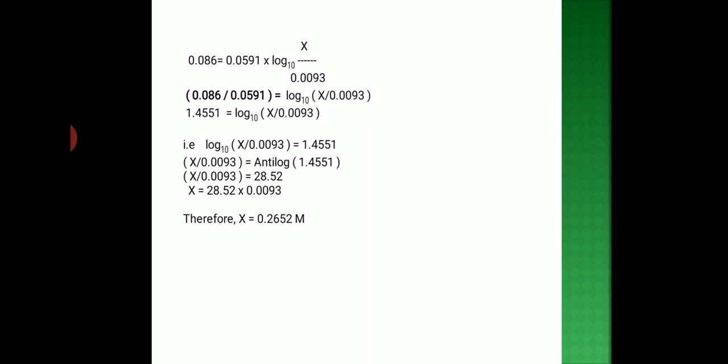Then we'll move towards problem number 6, which is once again a similar type of problem. Now problem number 6, what it says: the cell potential of the concentration cell Cu bar CuSO4 (0.005 mole) double bar CuSO4 (x) bar Cu is 0.0295 volts at 298 Kelvin. Find the value of x. Here also, same steps you need to follow, but only here the metal and metal ion are different.